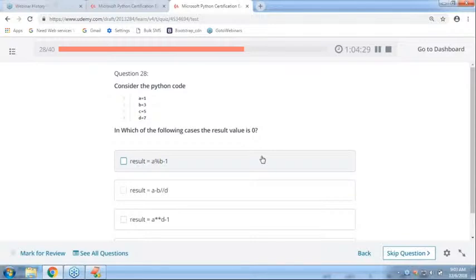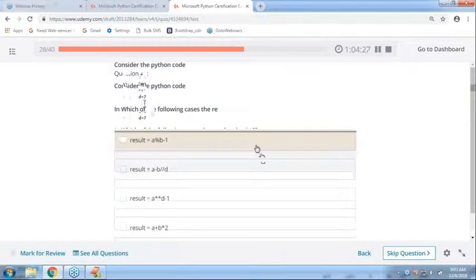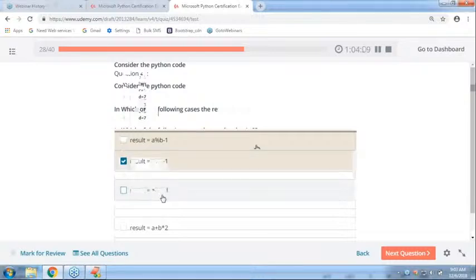A is equal to 1, B is equal to 3, C is equal to 5, D is equal to 7. In which of the following cases is the result value 0? Result is equal to a percentage b minus 1. A percentage b, 1 percentage 3 minus 1, means 0. Correct. Next, a minus b